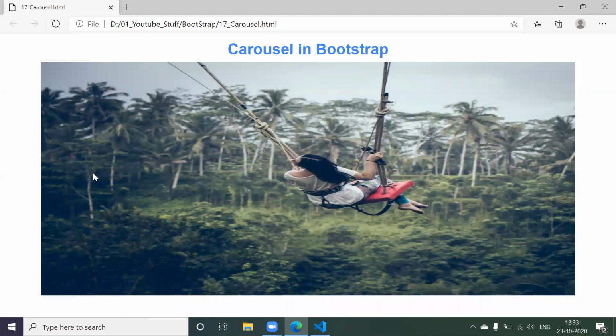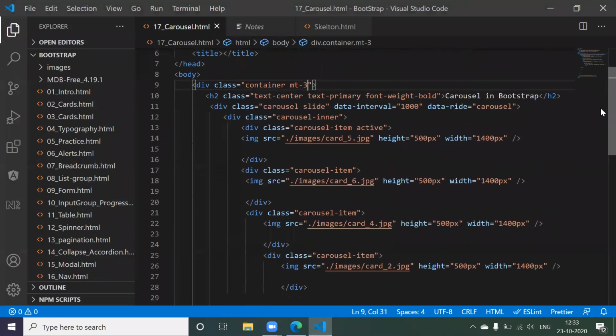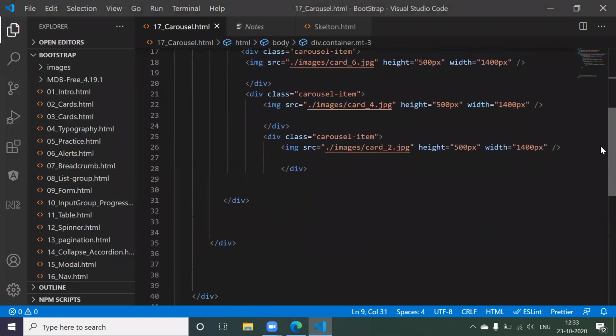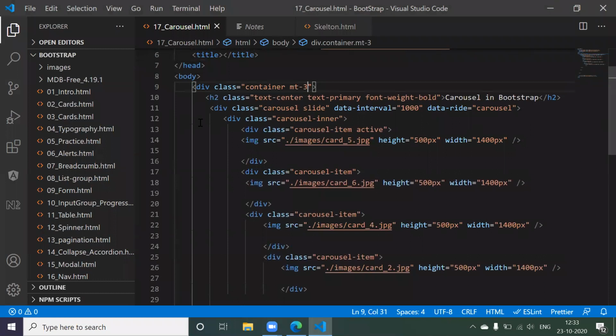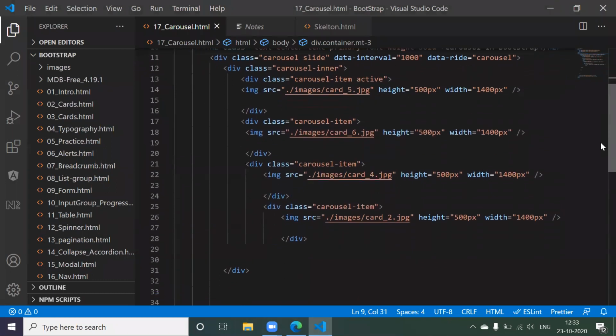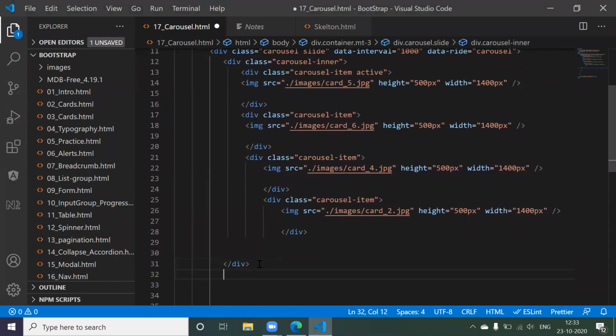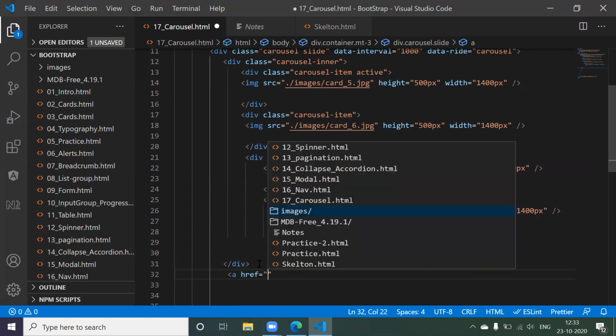Now here we require some indications, right? Some icons we require there. So for that, what we have to do after finishing this carousel inner, right? Where we are finishing this carousel inner, we are finishing here. So after that, we have to take one anchor, give a link href equals to some hash,